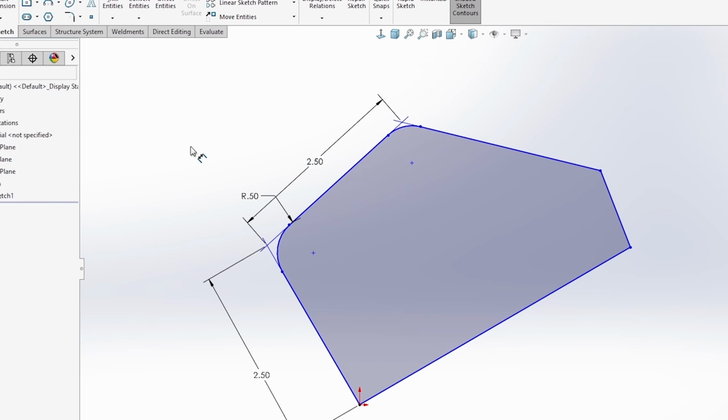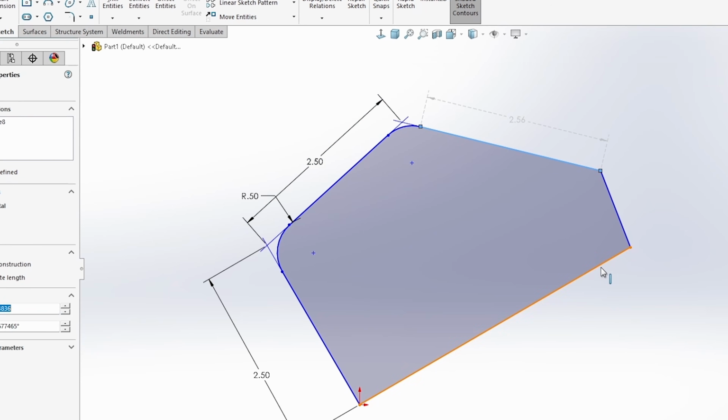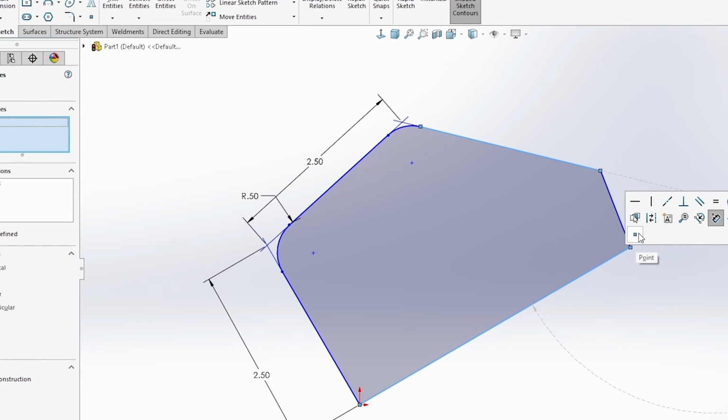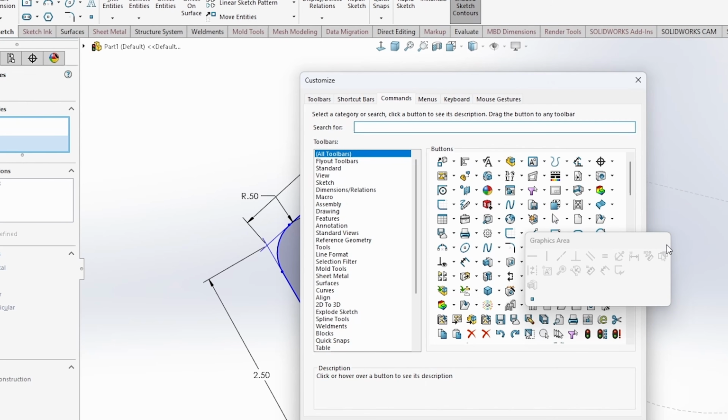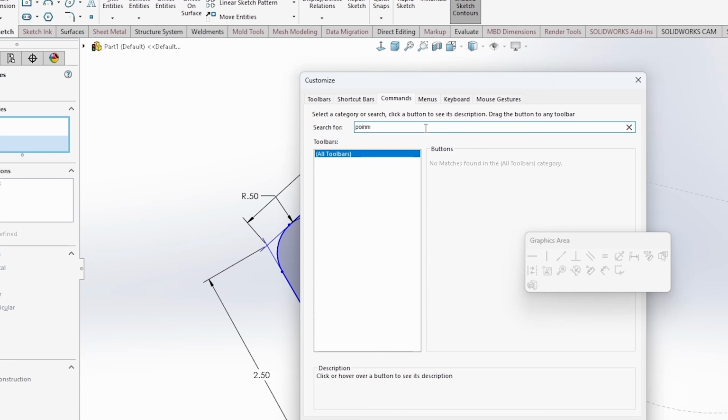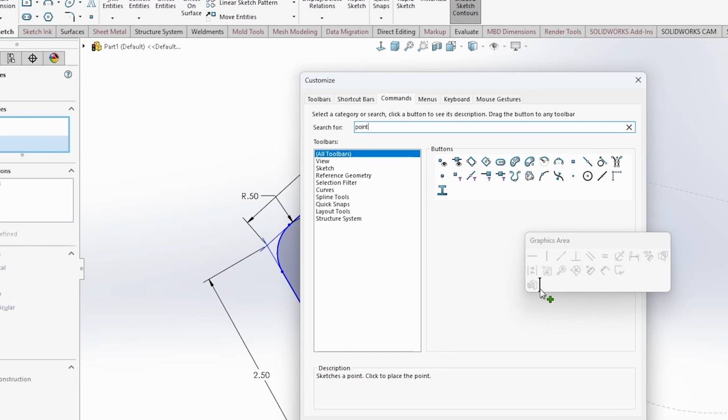Similar to that, but a little bit quicker, is if we do a multi-select and wait for our in-context toolbar, we can customize this. I already have my point added to it if you're going to be using virtual sharps quite a bit, but this point doesn't need to be on here by default anyway. We can do a quick search for our point, and we just need to make sure that we grab the one that looks similar to the sketch entity point rather than something like a filter. We can add that in here,